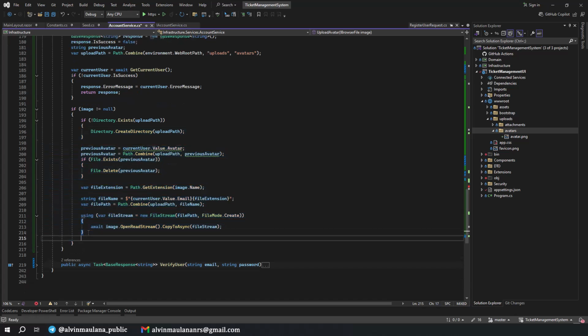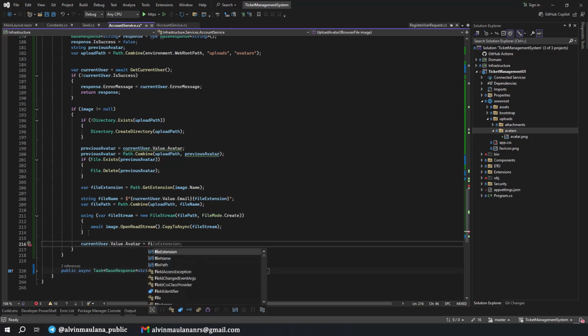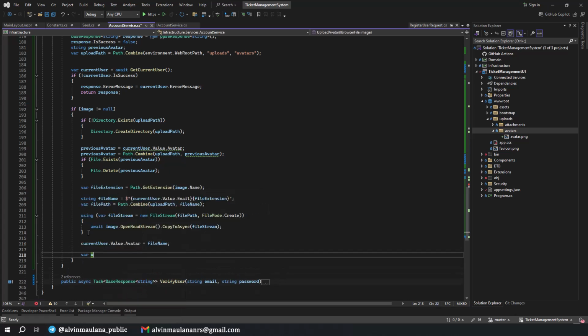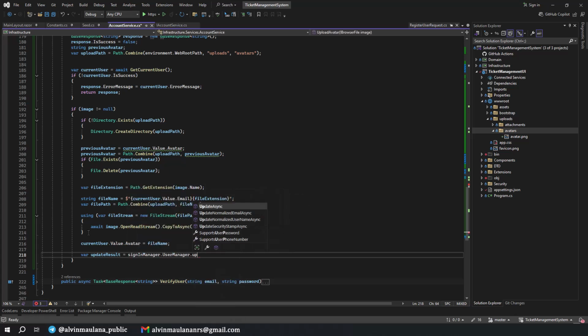Okay, we already saved to our directory, and then we need to update our database also. The current user value avatar is from the file name, and then var updateResult uses await userManager.UpdateAsync from the current user value.